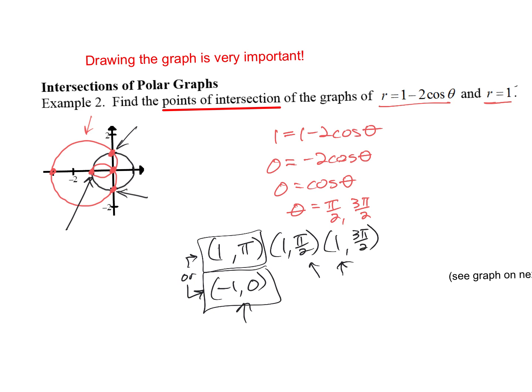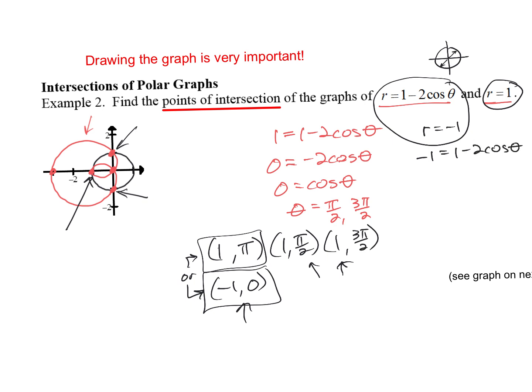If you know the radius is 1, you could also say, if I want that circle right there, r equals -1, because instead of drawing it out this direction, I would draw it back that direction. It doesn't make any difference. So I could also say r equals -1 and solve this system, these two equations, set them equal to each other. And when you do that, subtract 1 from both sides, and then divide by -2,